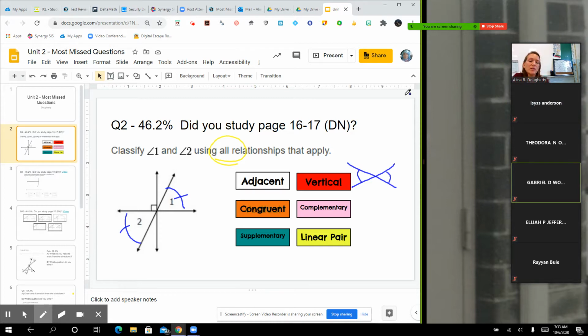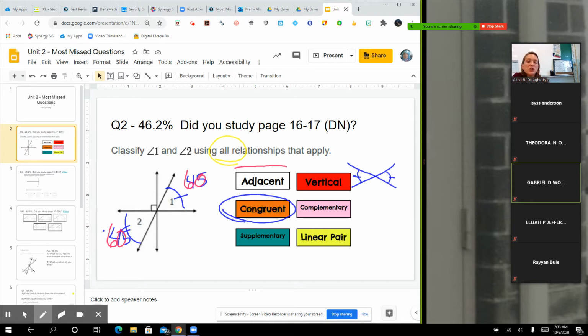So we've got vertical angles because they're opposite each other in an intersection. They're both acute, which means they're congruent. If one of them is 45 degrees and the other one is 45 degrees, these don't actually look like they're probably 45 degrees. They're probably more like 60 degrees. Not that that is always,